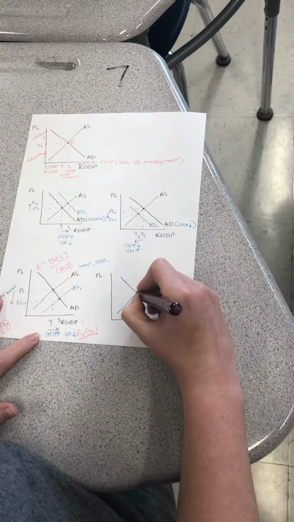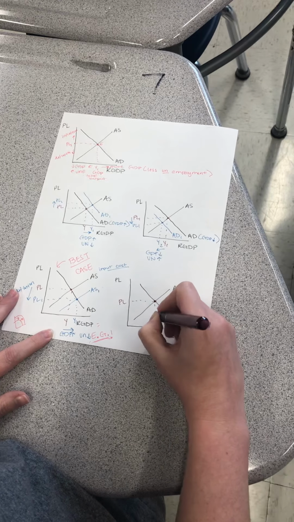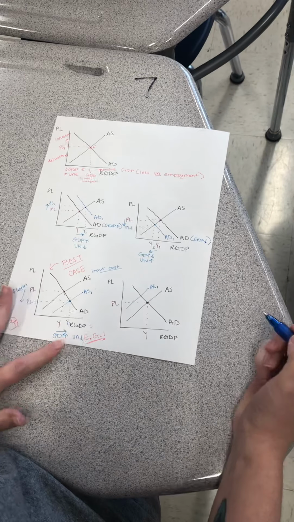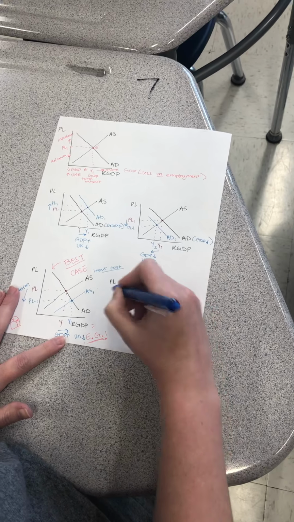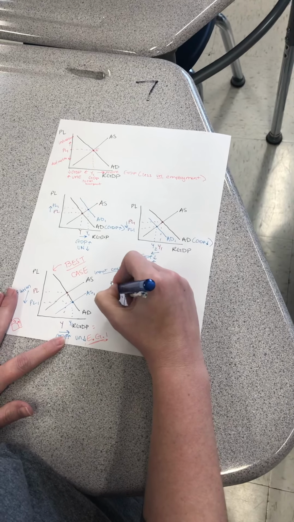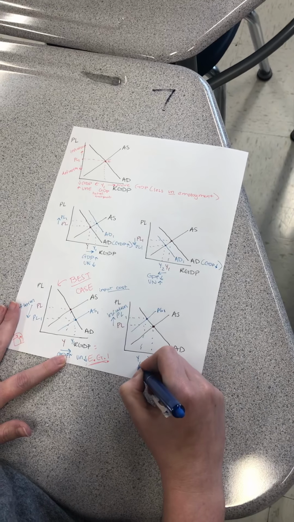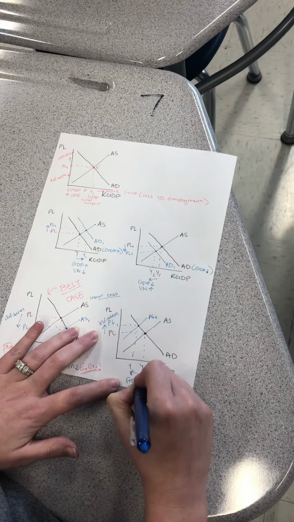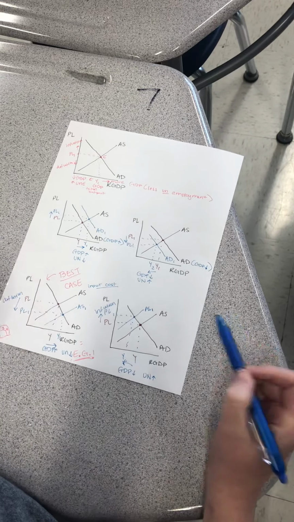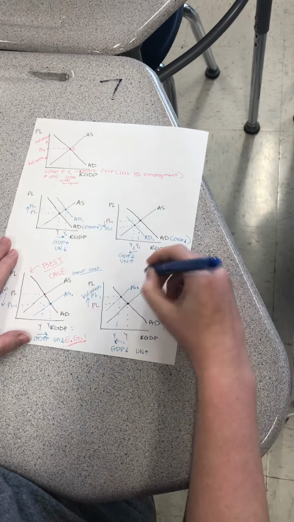With a decrease in aggregate supply, this is something like a hurricane takes out the oil supply. Here's our initial equilibrium. If we shift aggregate supply to the left, you can see our new equilibrium at PL1. The price level has gone up, so we have inflation. And now at the new Y1, you can see that production has gone down, our output has dropped. So GDP has decreased, which means unemployment has increased. So now you have the opposite of economic growth. We have an increase in inflation and an increase in unemployment, which is the